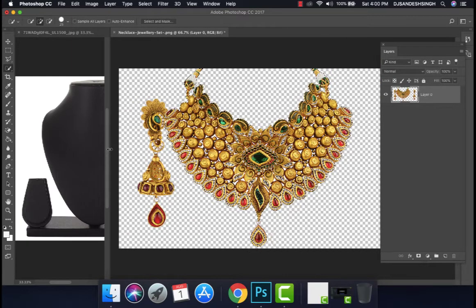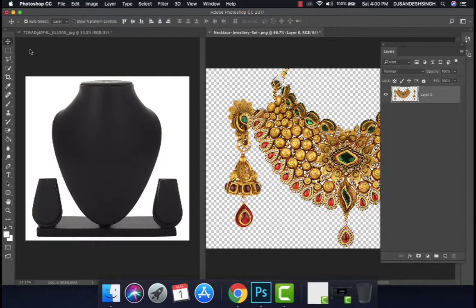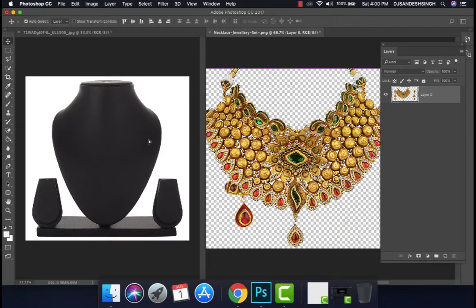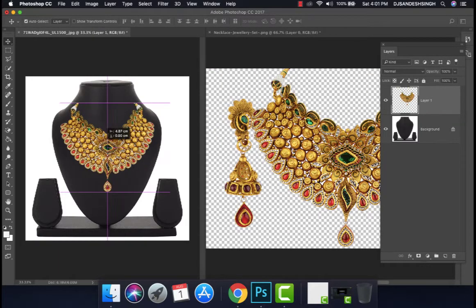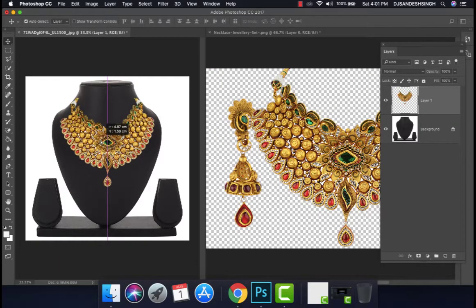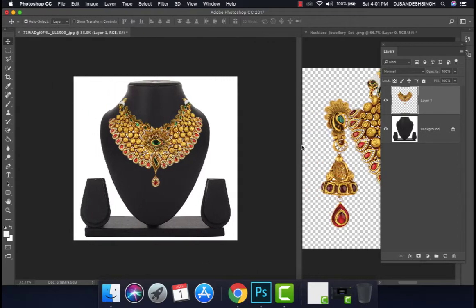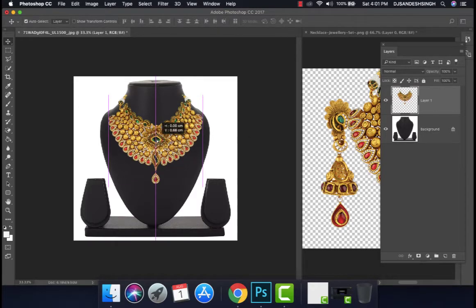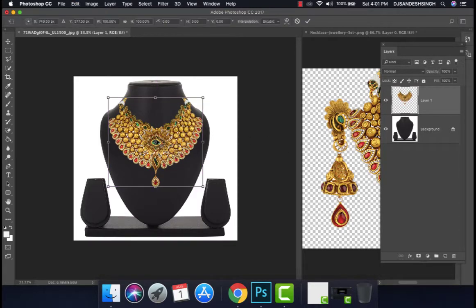So we just drag over there, then go to the Select tool and drag and drop it over there. Now we do Control T to get a transform. For the transform, you can go to Edit and you get Free Transform there also. Now we have to place it perfectly.